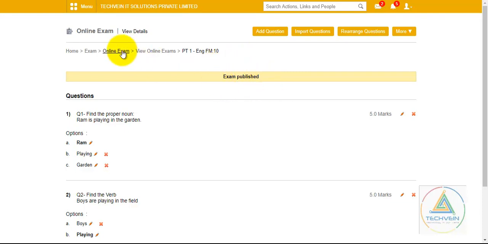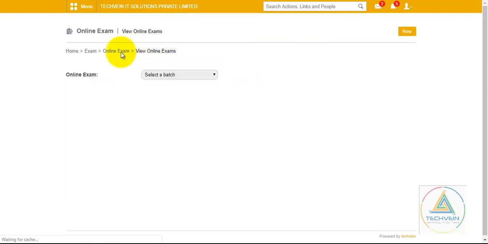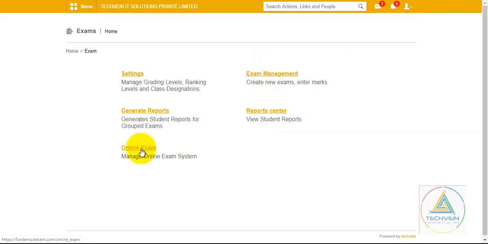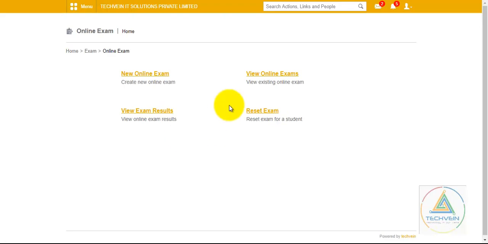Now we will go back to view online exam. Then, or you can also navigate it from menu, academics, examinations, online exam. Now from here you can see view online exam.